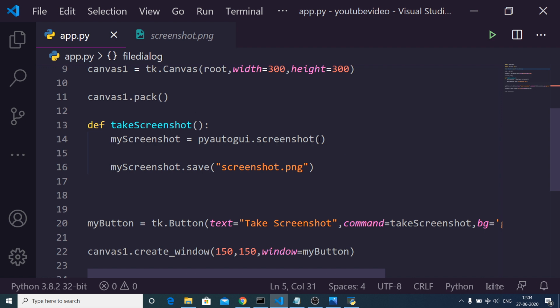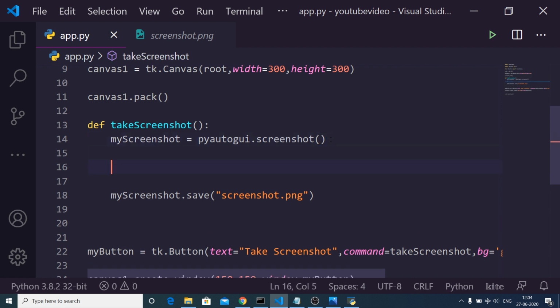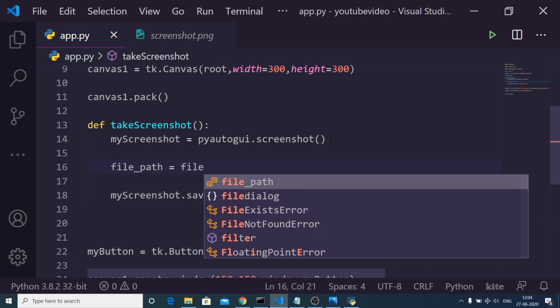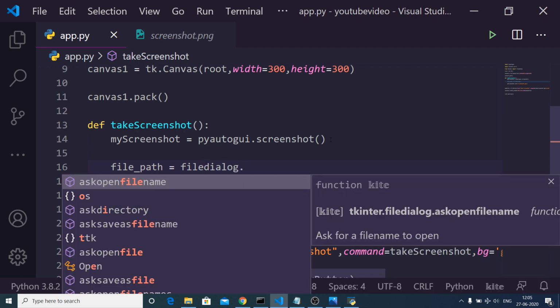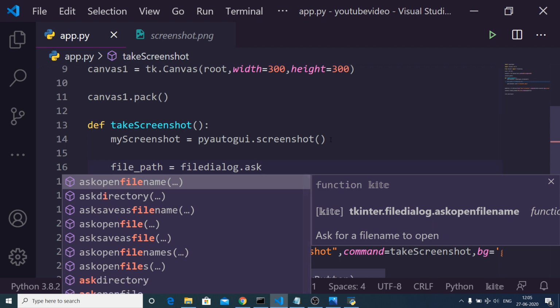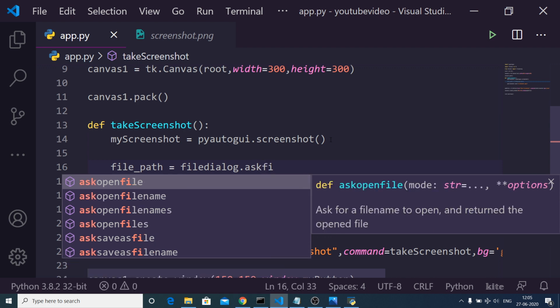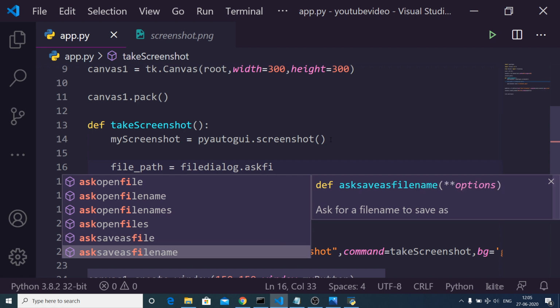After you take the screenshot using PyAutoGUI, we can just declare another variable which will be file_path, and then we can use the filedialog module, and inside this filedialog there is a method which is asksaveasfilename.